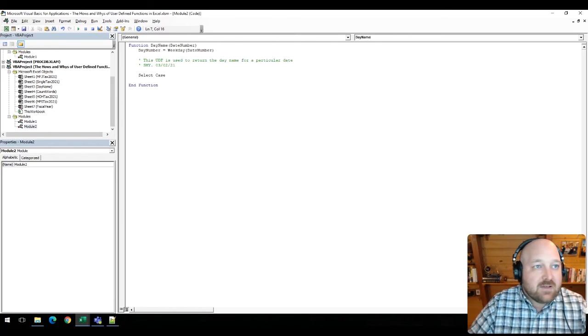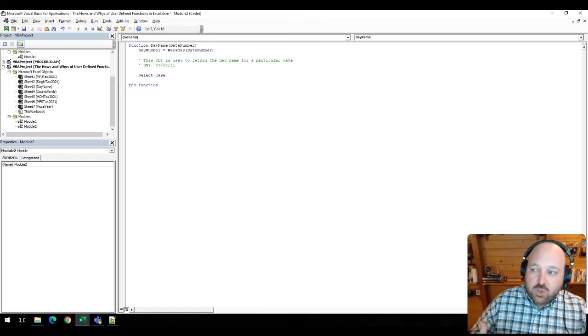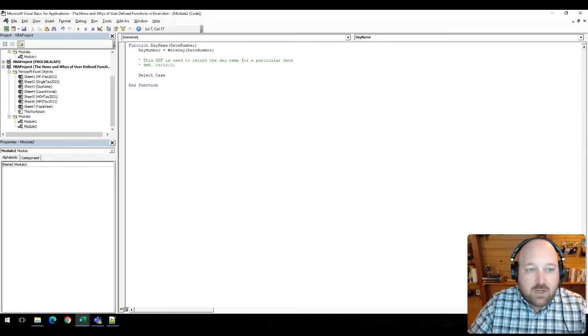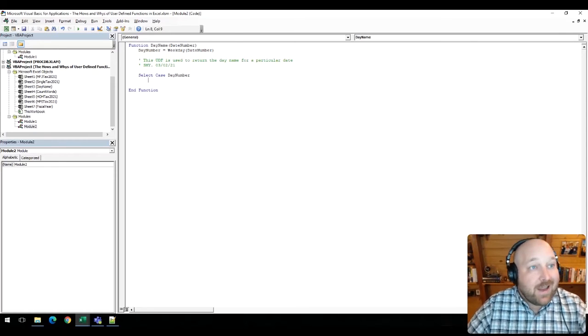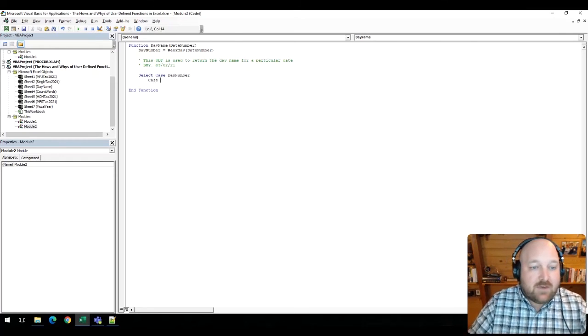Case basically is like, again, that lookup, that choice. And we're going to look at our new variable that we declared, day number. We're going to say day number like this. Now, notice when I hit enter there, it turns blue again. What we're going to do here is run through the different cases. Well, what happens if it is 1? Well, in case scenario 1, what I would want it to return back is Sunday. So we're going to say day name equals